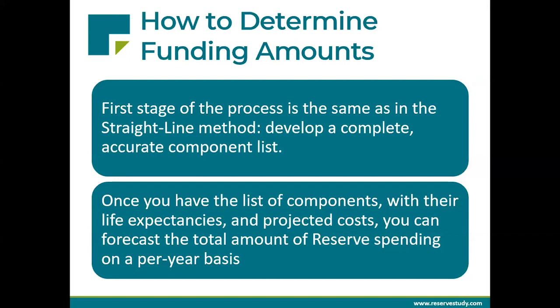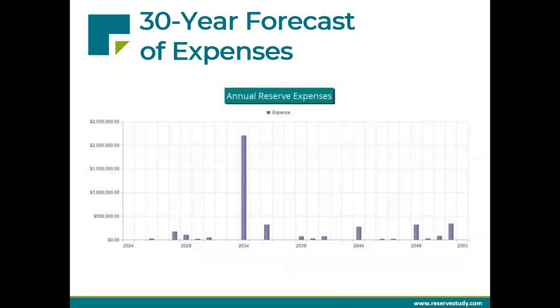So assuming you've done that, whether that's with a third-party reserve study provider or internally or some combination of the two, once you have that list of reserve components, all of the life expectancies and costs that go with them, what you can then do is look forward in time and design a timeline of future expenses. So it might look something like this. Most reserve studies will include typically a 30-year forecast, and we show roughly what's going to happen, which components are expiring in each year and what they cost. Let's add all those up together.